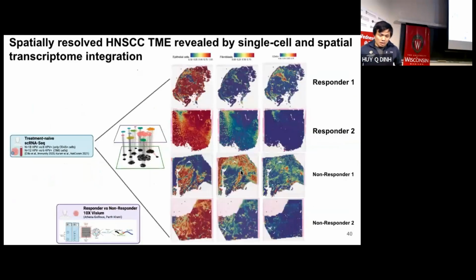So that makes us wonder whether we can use spatial data to refine this analysis and ask if CXCL9 and CXCR3 are located in the same locations in tissues. So we use a technology called 10x Visium, and for some of you who may not be familiar, that can provide up to 18,000 genes. And now I think they have the updated version called Xenium. That probably can provide way more.